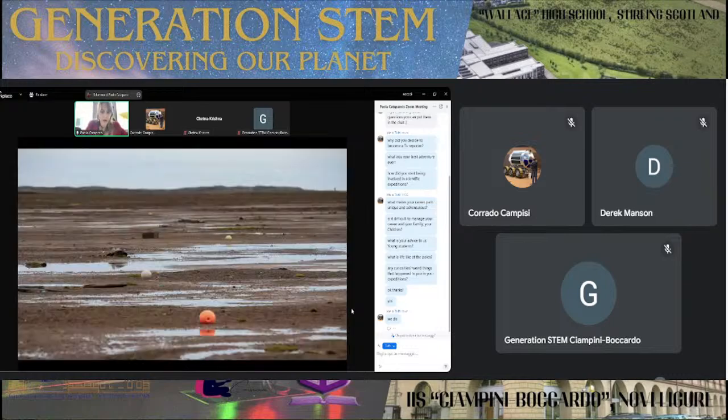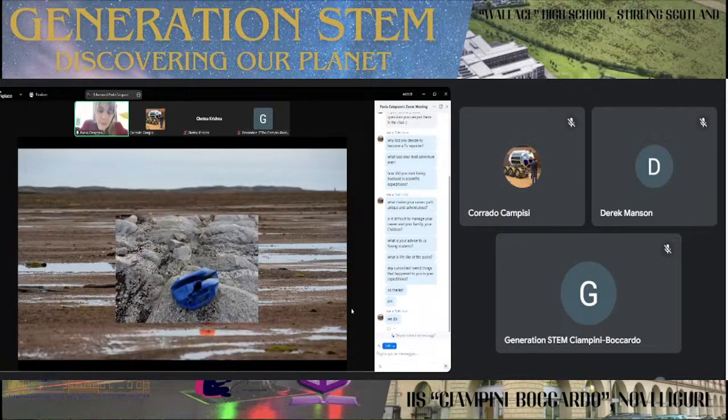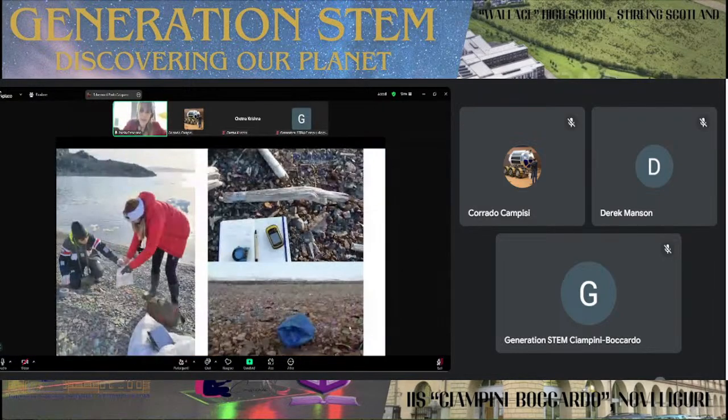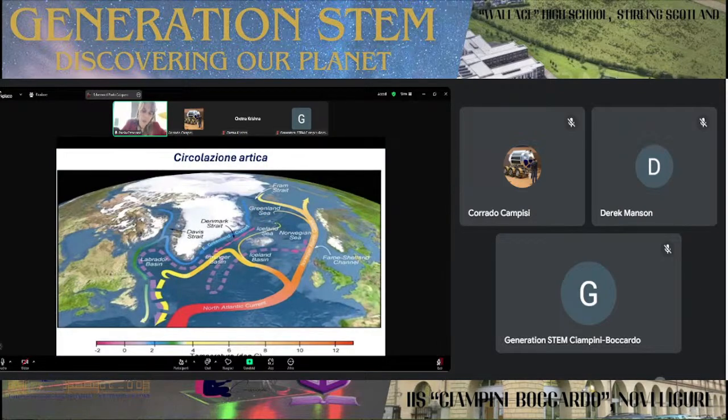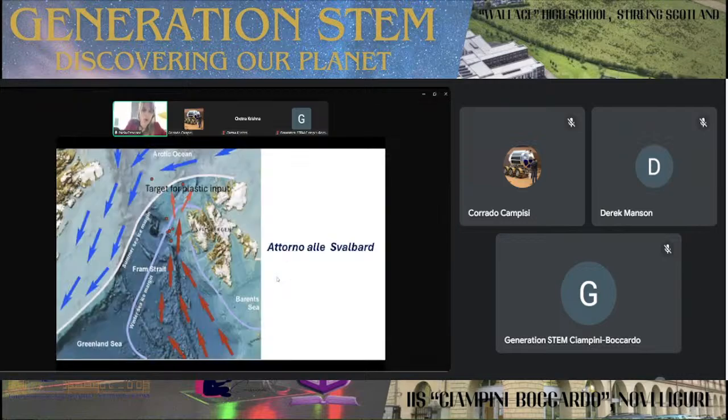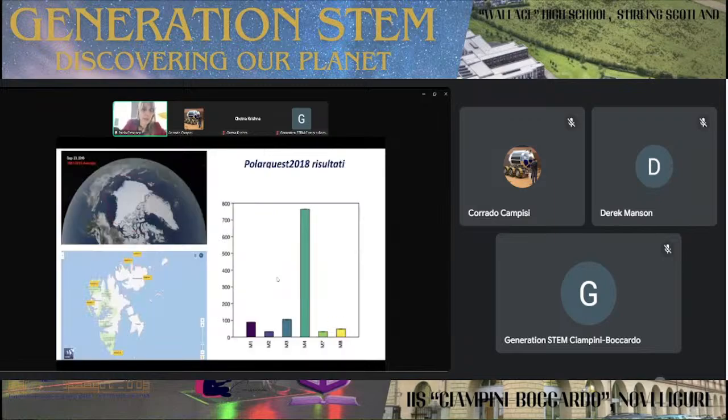We saw a big plastic tank with a bite of a polar bear. It came from Italy. It was at the 80th parallel. It came from Italy, or at least it was produced in Italy, because there was a text on it, made in Italy. So plastic was everywhere. And plastic is brought to the Arctic by the sea currents. And because there is nobody there, it's not collected, and it ends up in the sea, and it becomes microplastic,